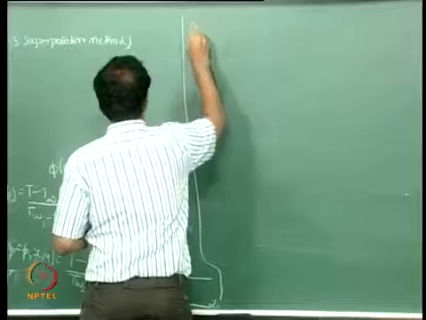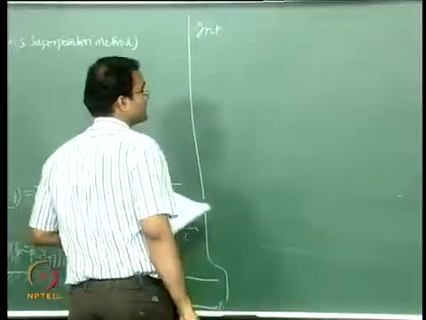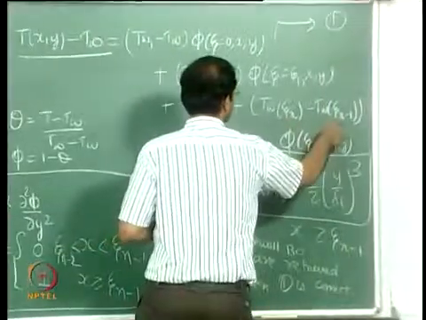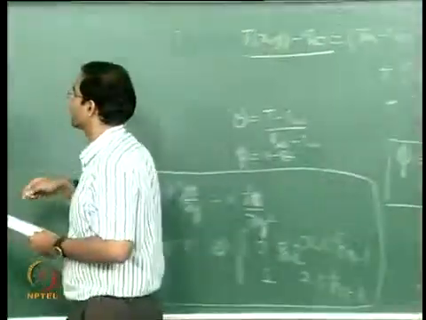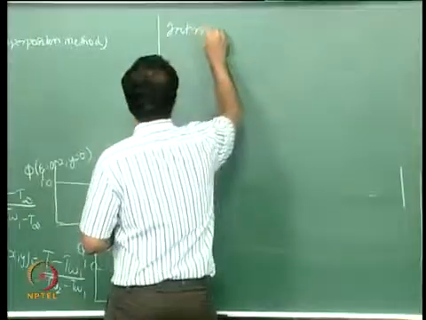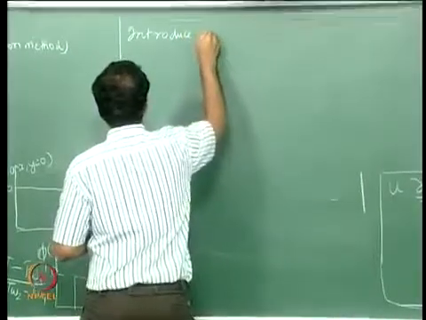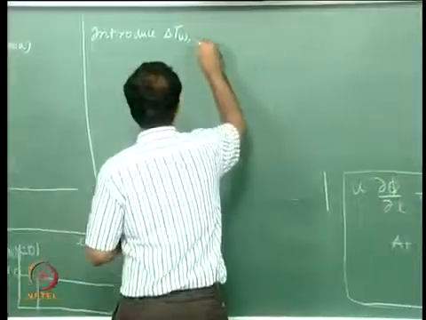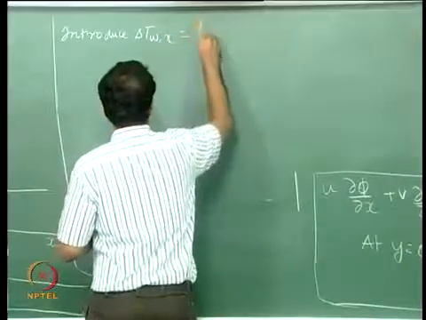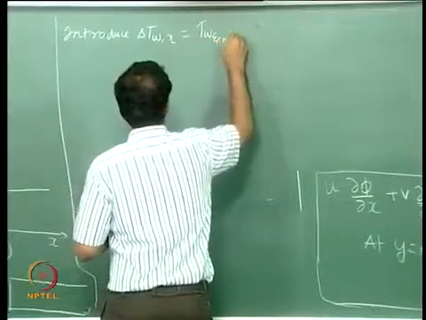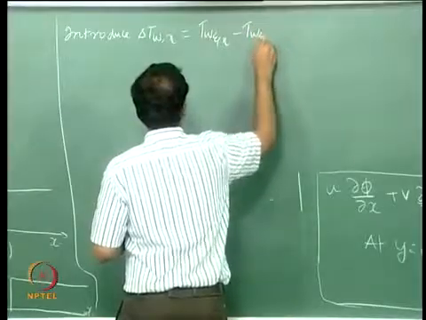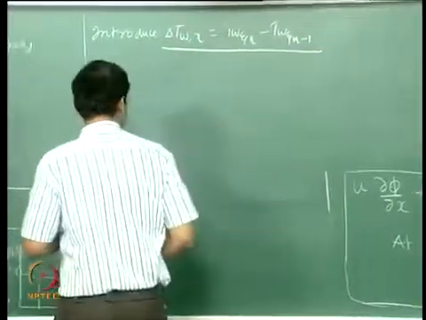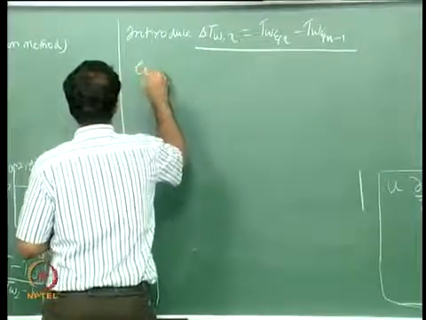So rather than writing t wall zeta minus t wall zeta n minus 1, I am going to introduce delta t wall n, which is equal to t wall zeta n minus t wall zeta n minus 1. So this is my representation. So therefore equation 1 can be written as